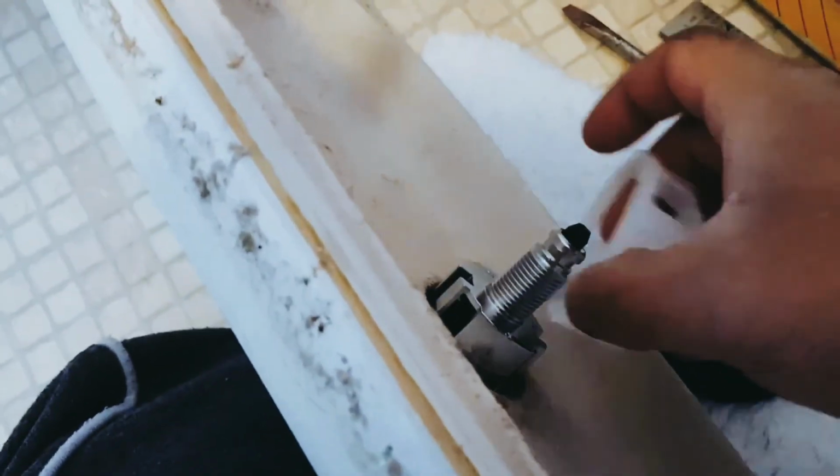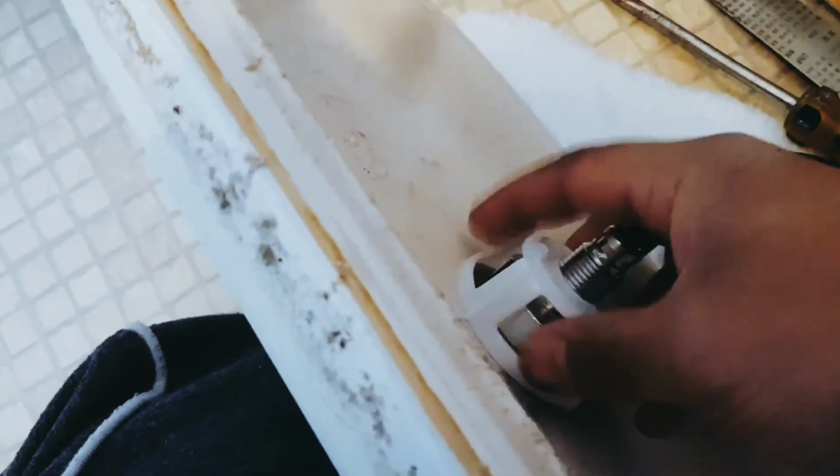So I think the white one which came out, which was like that on this one, if I put it like this and screw it down, then it will hold this valve. Yeah, and I was right, and then we can do this as a double seal, and we don't need this, so we can